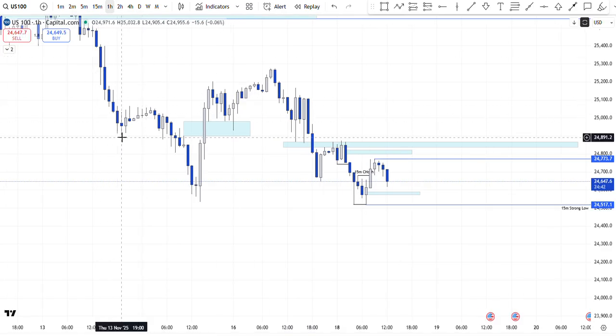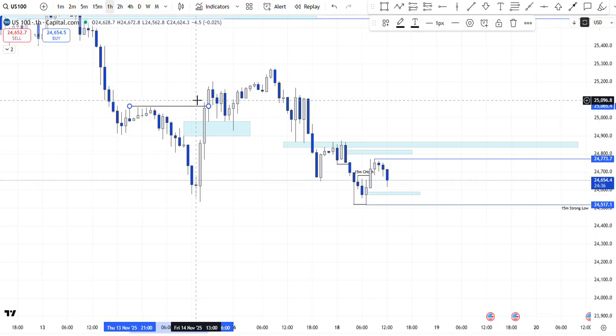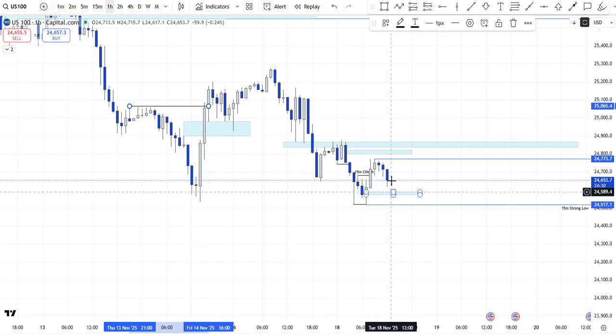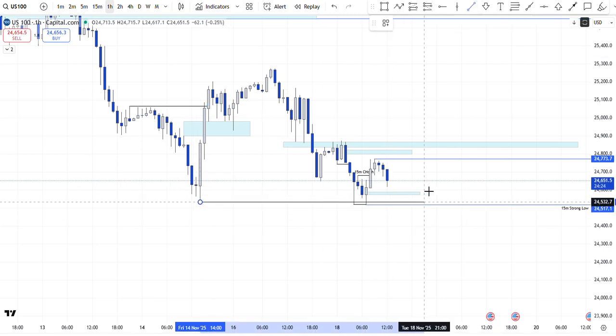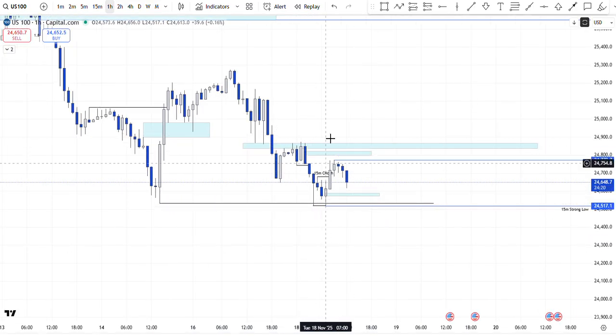So I had a low, a high, and if I drag this over, we had a 1 hour change of character to the upside, failed to create the breakup structure, so that's a sweep. And now if it's doing its job, which is a bit of a tricky area for me in this case, because there's a sweep and there's no close, there's no 1 hour breakup structure, just a 15 minutes, so